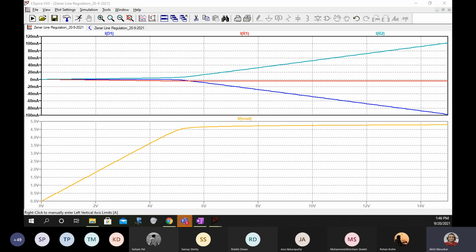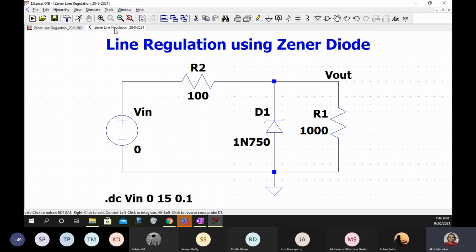Okay, Tanmay, this is correct. Okay, so these graphs are good enough.